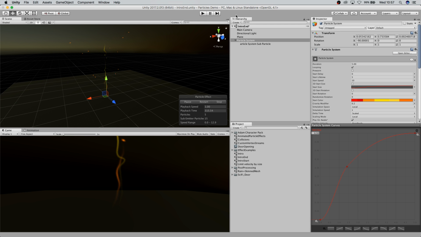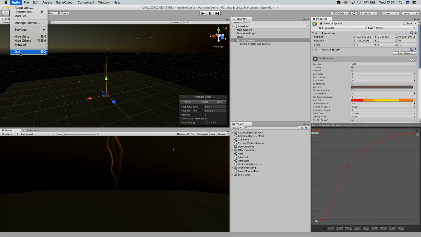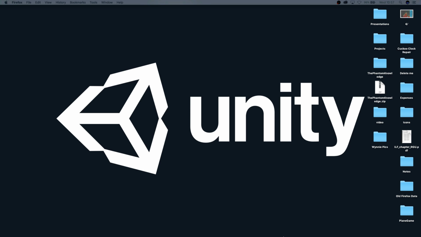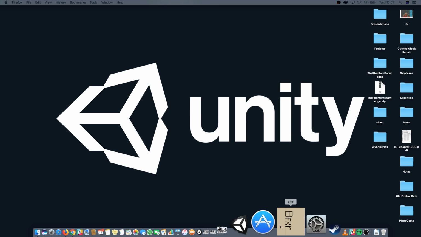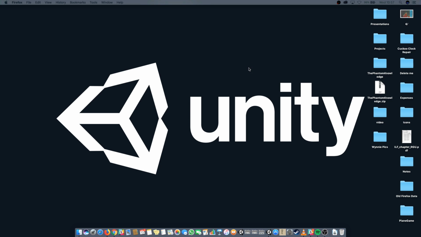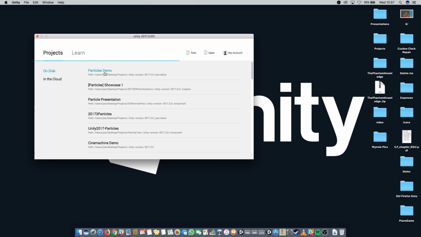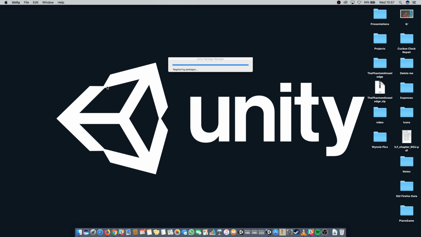Okay, so I think we're doing okay on time. I've just got the next set of things to cover, which is kind of roadmap and future stuff. So if I close down this version of Unity and fire up a different one, this one. So this is currently the 2017.3 beta, and if I just open this one,